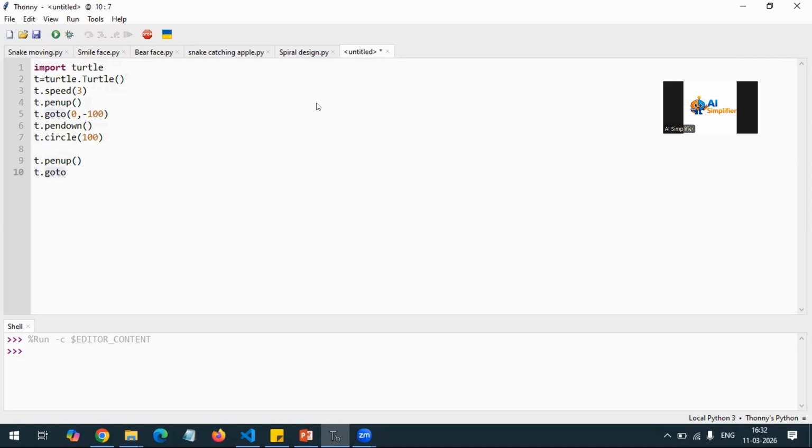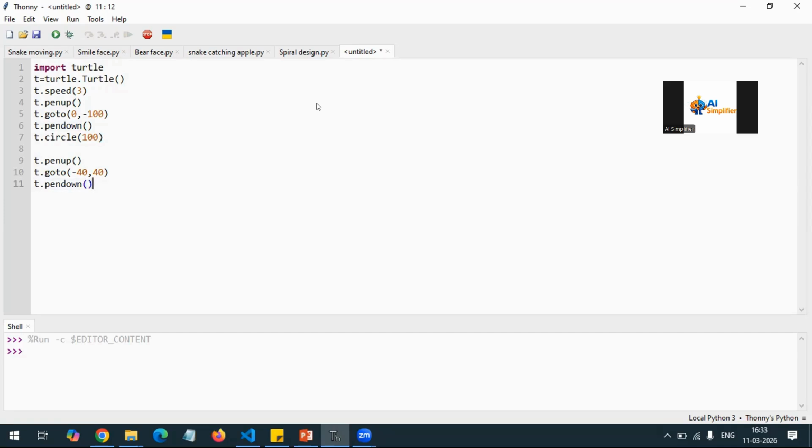Let me go to another position where I want to create my eyes. Suppose my position is minus 40, 40. That position is your choice, where you want to put your eyes. So minus 40, 40 is the left eye position.